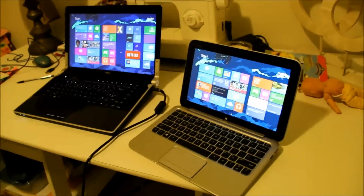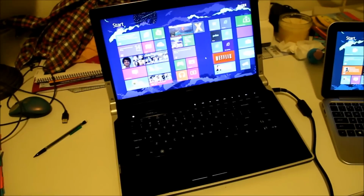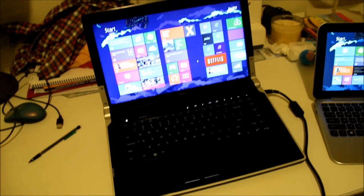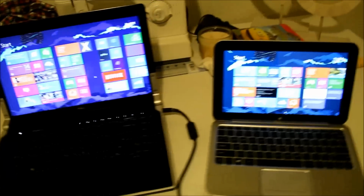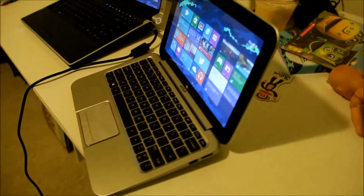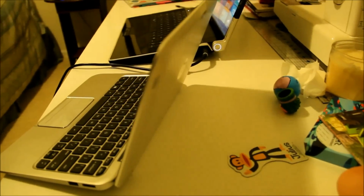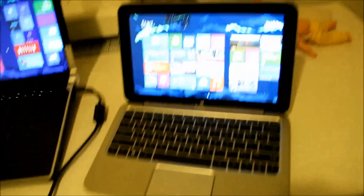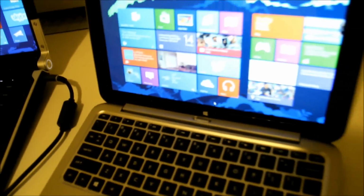Okay, so what we have here are two machines. First, a Dell Studio XPS with a Core i5 processor. Plenty powerful, plenty noisy, as you can probably hear. And over here we have the HP Envy X2 with a Clover Trail Atom chip. It's very small, very lightweight. This happens to be a transformer, so I can remove the tablet if I want and just use it as